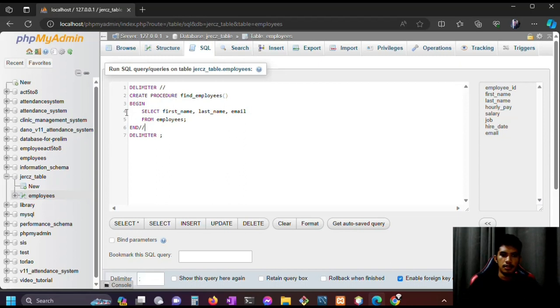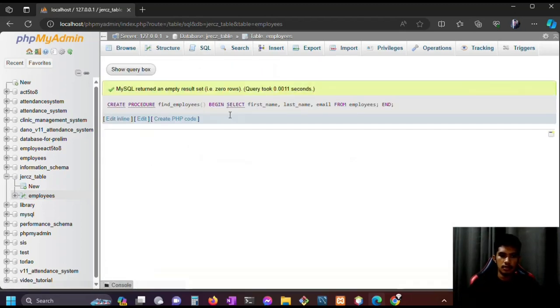I'll explain it. The delimiter here becomes this, our new delimiter, so that if it reads here, it won't end; it will end here, and after that the delimiter will be back to normal again. So that's all. If I execute this now, we have created our procedure